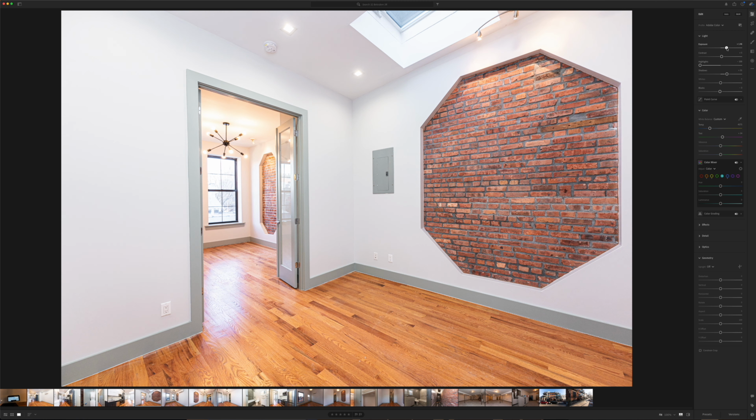I tend to like darker images. I like a bit of shadow and drama to something, so I don't like pulling the shadow slider all the way up. It makes it kind of bland. And I don't particularly like having the highlight slider all the way down, but for most of these images that we shoot of these apartments, it tends to help keep the highlights kind of